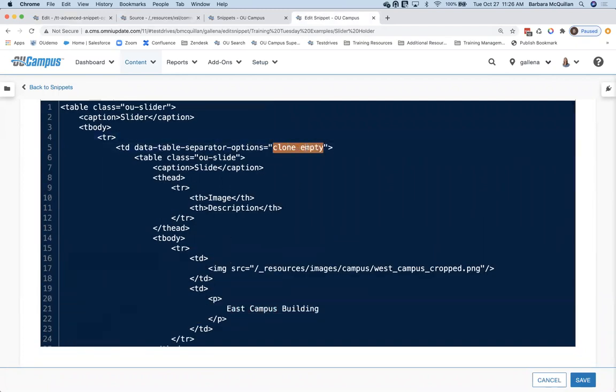The last attribute that I can put in here is called disable. Oh, that's not how you spell it at all. Disable. And it essentially disables the table separator option, so it won't give me that little bar. So if there are particular setups where you get one slide in here, that is all that goes in here, and I don't want any other slides, anything else in here, you can do this. So it basically gives you this one space that is going to be skipped when the table separator JavaScript is being applied.